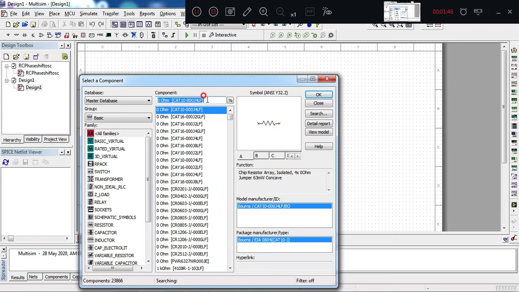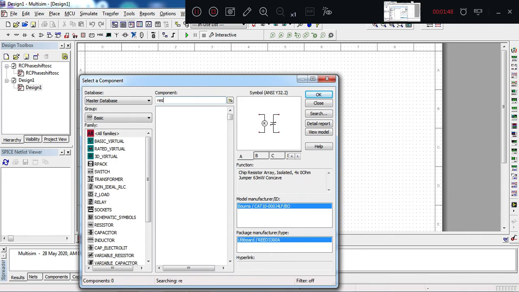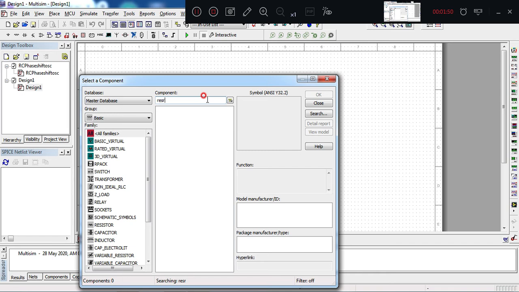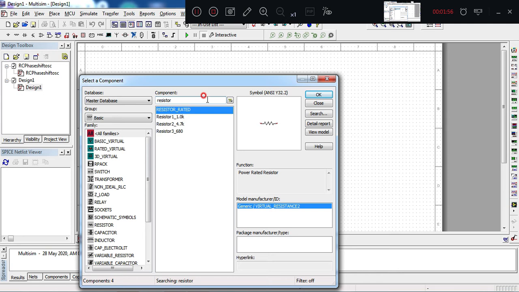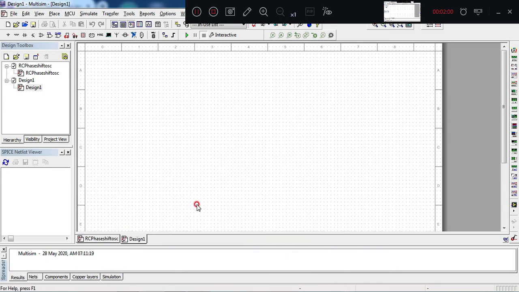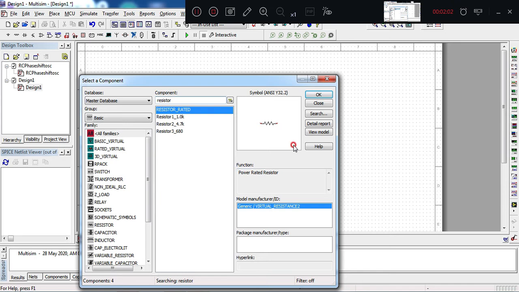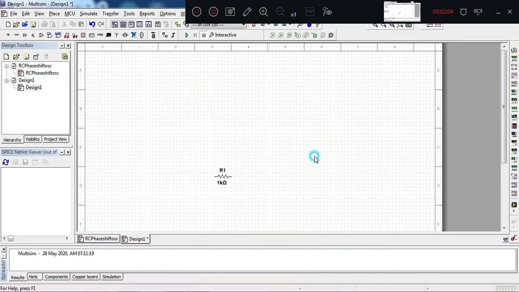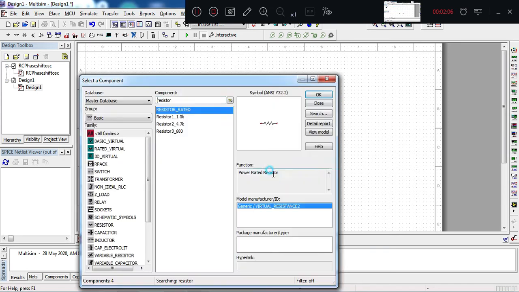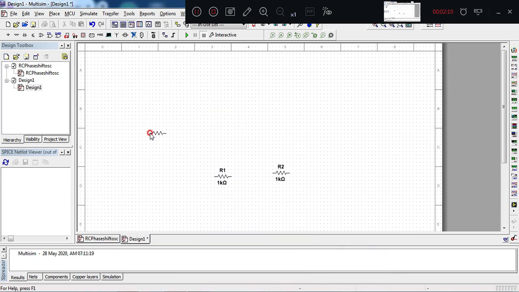To select resistors, click on the resistor and then go on typing resistor, select it, and place it. We need 4 resistors.